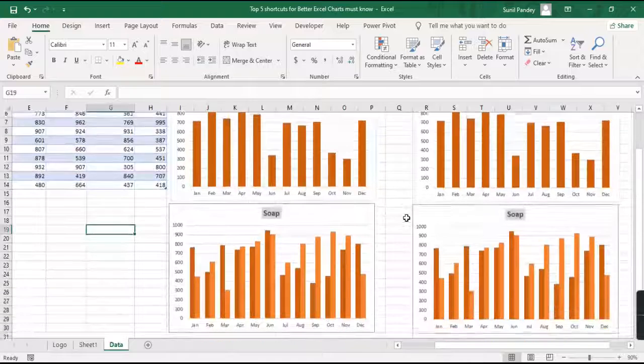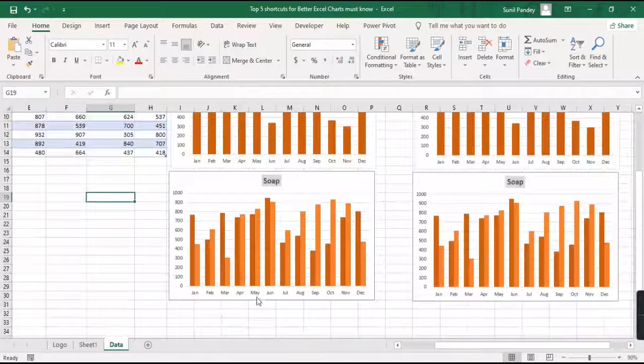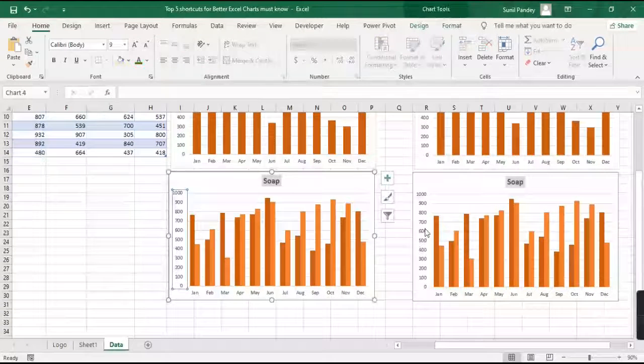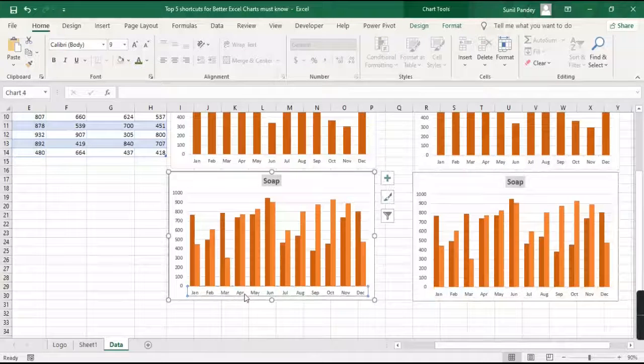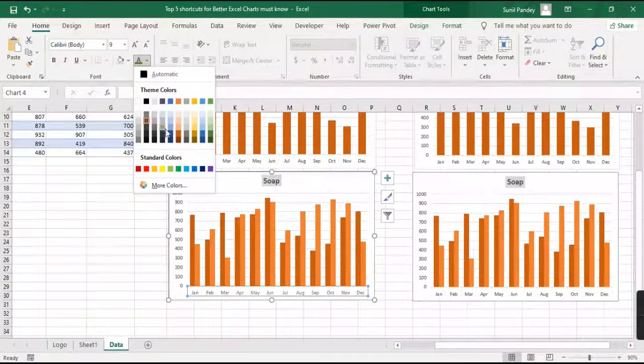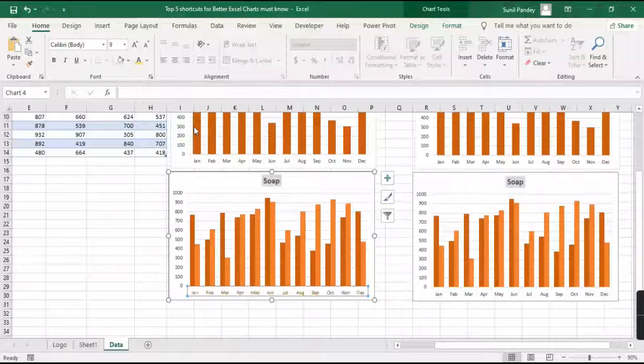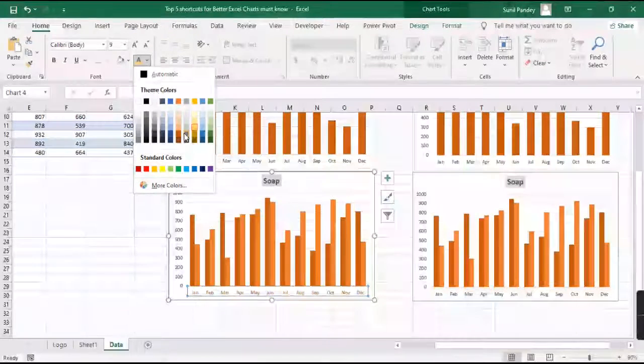Okay, suppose you are changing anything, you have to click on every chart. Okay, but suppose let me give some color like this. Let me give the dark color.